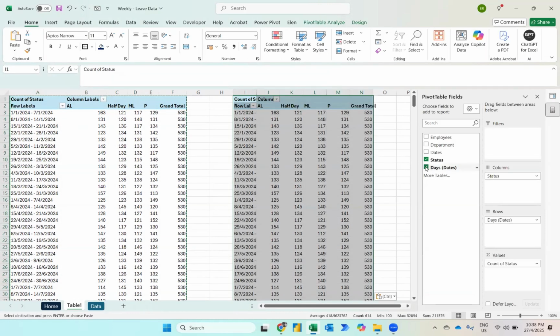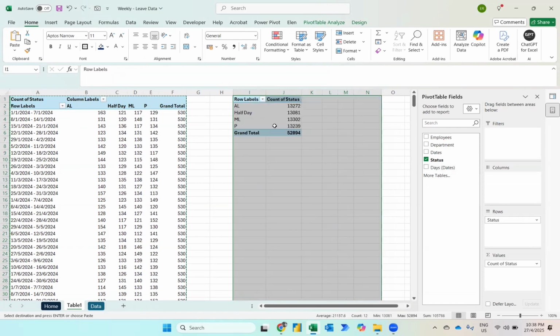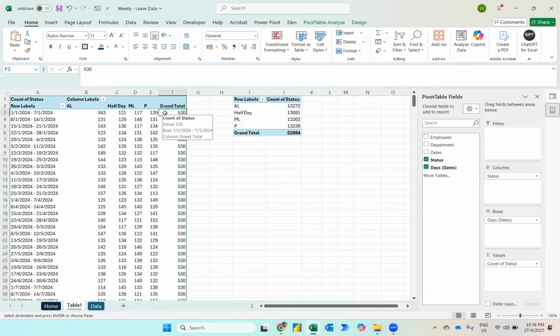In this case, I don't want the days. What I want instead is I'll put my status over here. So this will show you the leave: annual leave, half day, medical leave and present. So now what I want to do is create two interactive features, which are a slicer